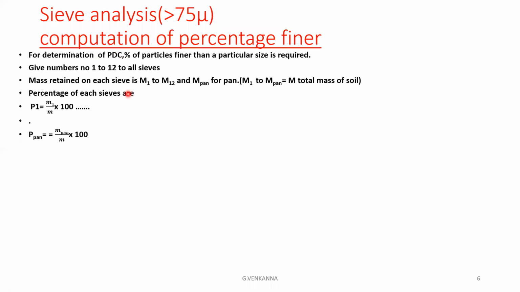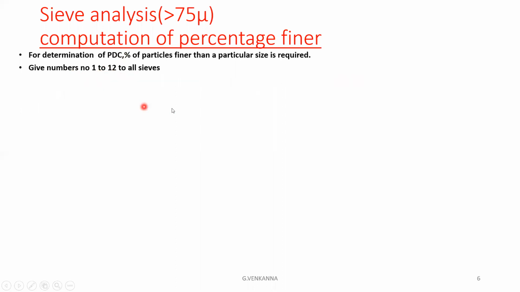Generally, after the mechanical analysis, we can draw the particle size distribution curve. According to the distribution curve, we can analyze whether the soil is good or bad, whether it is well graded, uniformly graded, or poorly graded. Like this way, after the grain size analysis or particle size analysis, we can identify the particles, and then we can get an idea of the type of soil that is present. Okay, so in this manner we have to give numbers to the sieves.